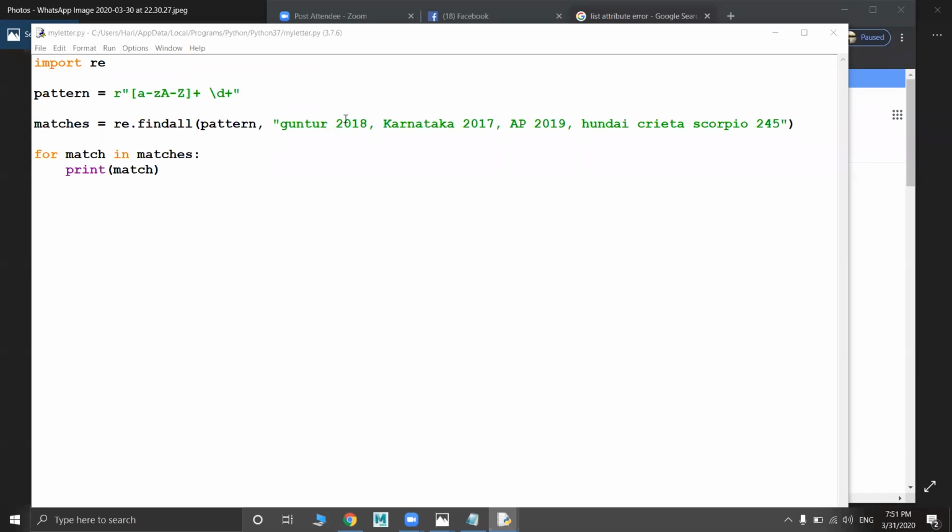Those things will match the pattern. Those will be retrieved. So the first three. Okay. See here, I think you all are wrong. It won't get just the first three. It also gets Scorpio 245. Here also you have some text, then space, and then numbers, right? Am I right? Okay, let's check the output.